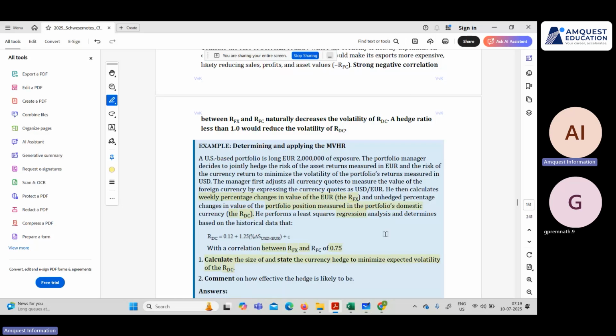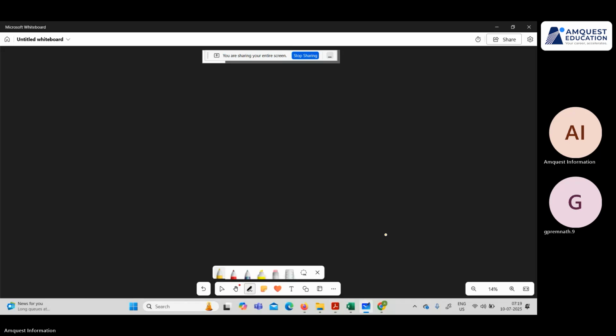A US based investor is long euro 2 million. So basically it's a US based investor. I would believe that his currency will be the price currency, and anything that he would trade in, let's say euro in this case, will be called the base currency. Or I can call it a foreign currency. So he's saying he's long